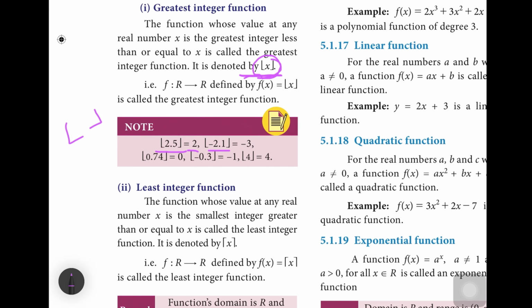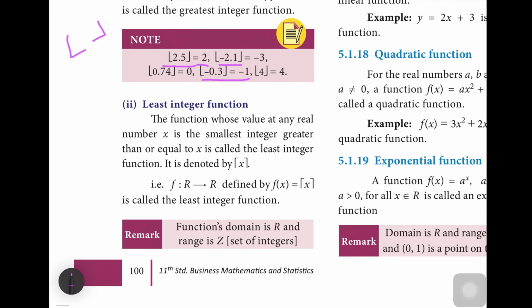Floor function, okay. So, the least value is minus 3. For 0.74, the least value is 0. For minus 0.3, the least value is minus 1. Next,